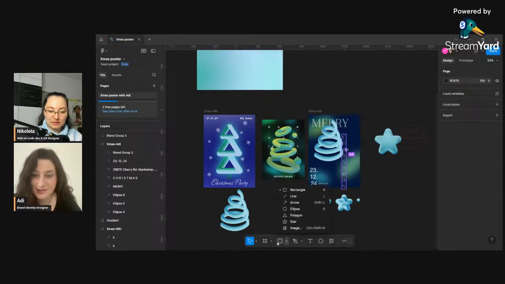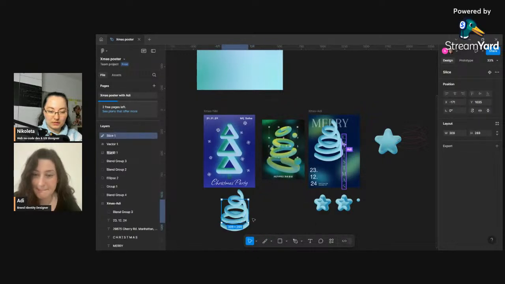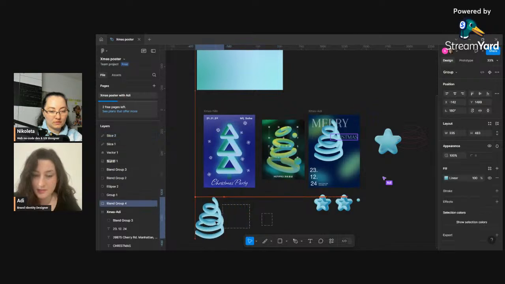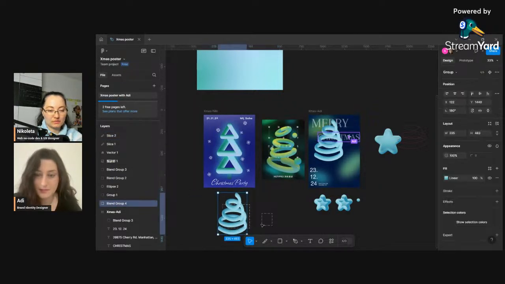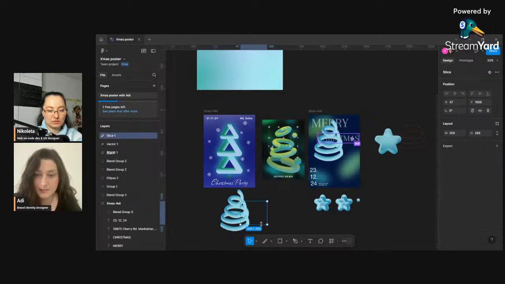Let me see if I can actually do something with this. Is it going to do something? I haven't used slice before, have I? I have never used slice before. Okay, we have slice one. I don't see any difference. So I don't think that would work, but